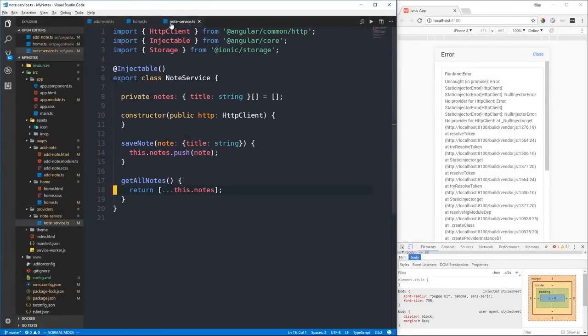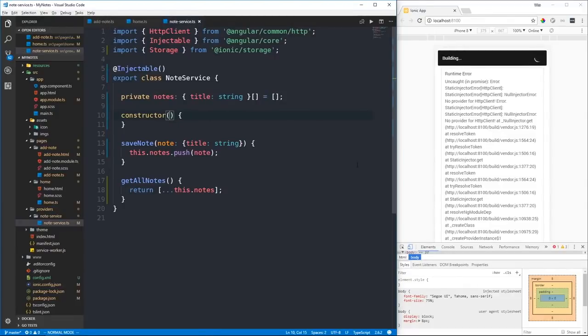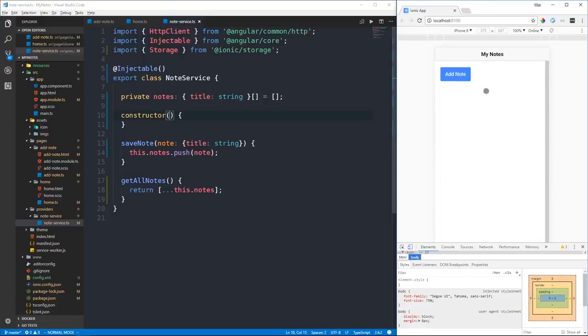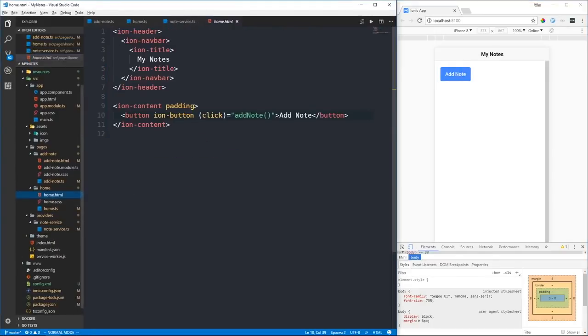Okay, and then back in our note service, I'm going to go ahead and just remove what's in our constructor here, because we don't actually need anything in our constructor yet. Okay, so the last thing we need to do here is to actually create the part of our template that will allow us to display the notes that we're saving on the home page here. So I'm going to go to the home.html